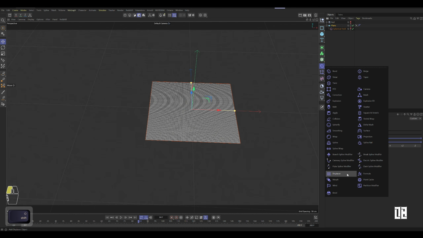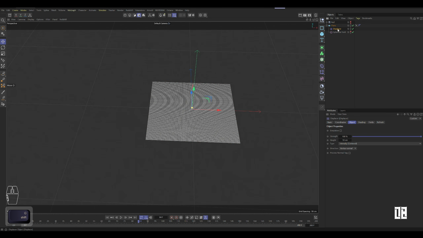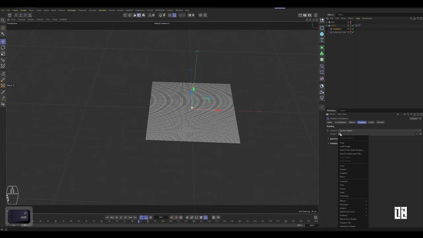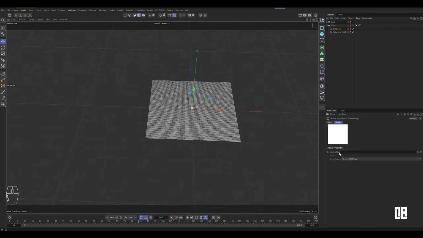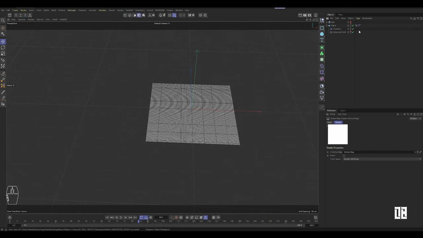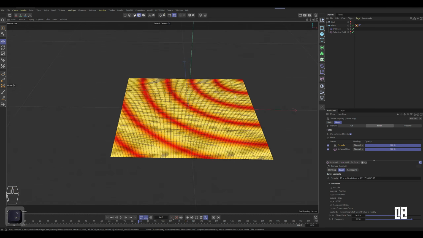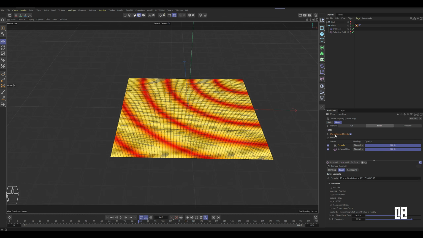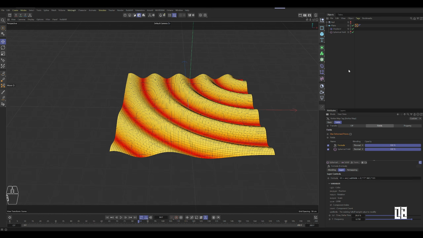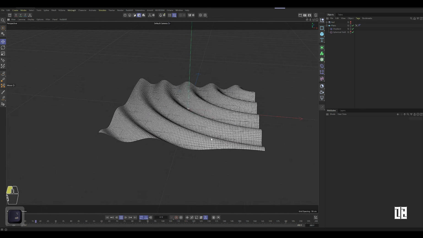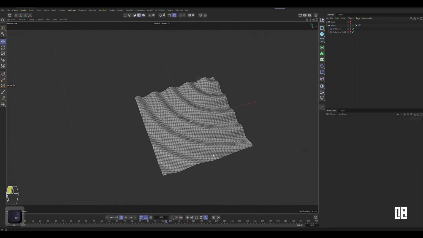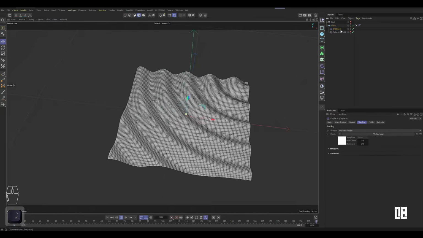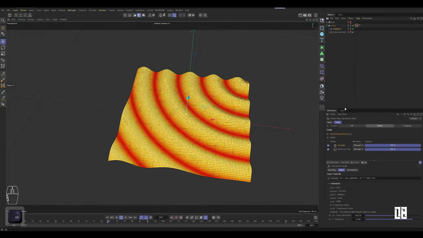Hold down the Shift key to add a displacer. Then in shading, add the vertex map here. Then assign the vertex map. Note that here in this vertex map it now has no effect. We're going to use this deformer point. Let's not check. We got it now. A custom created formula deformer. We control this through